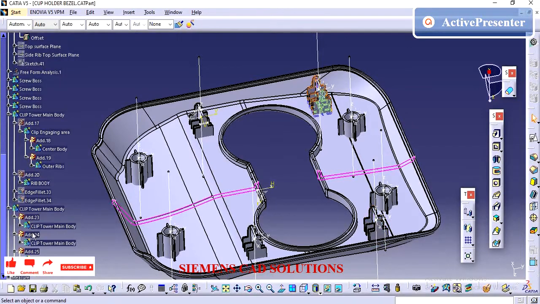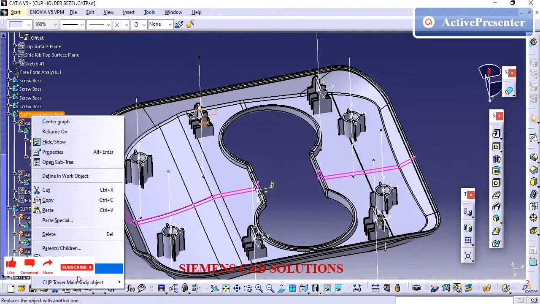The power copied body has some issue being added into the part, so I am going to add them separately in one body and finally add that one.